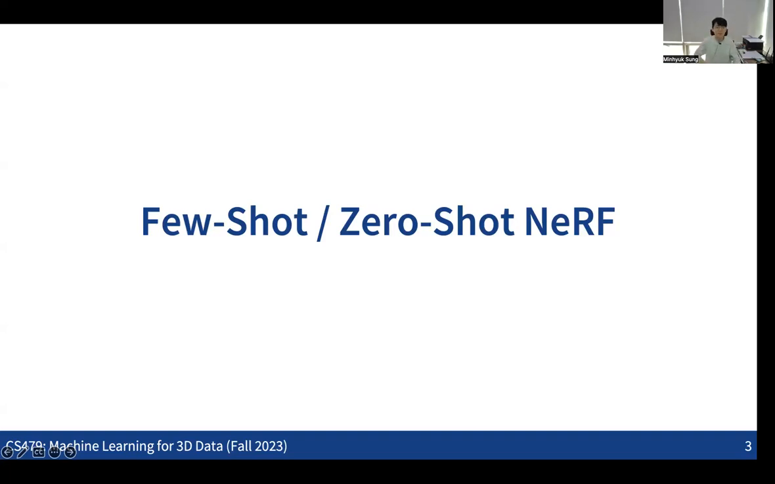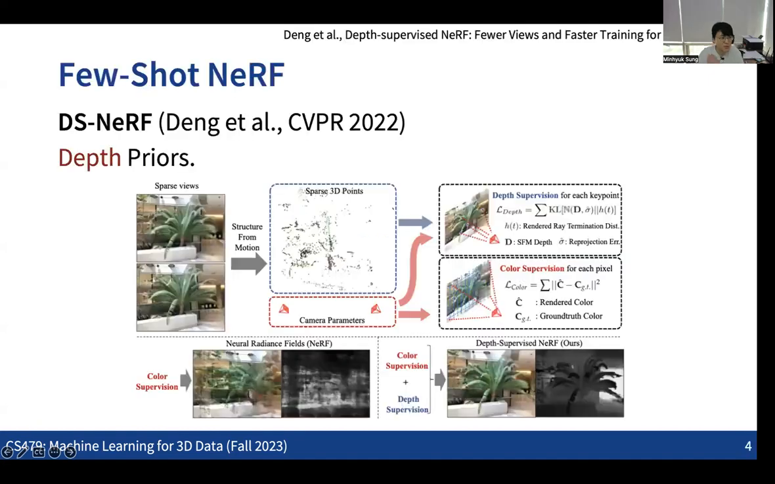Actually, you can see lots of very recent work using some kind of prior information for few-shot or zero-shot NeRF reconstruction. One simple idea might be to use depth information, as I mentioned in the previous slides. If we have a depth prediction network, then